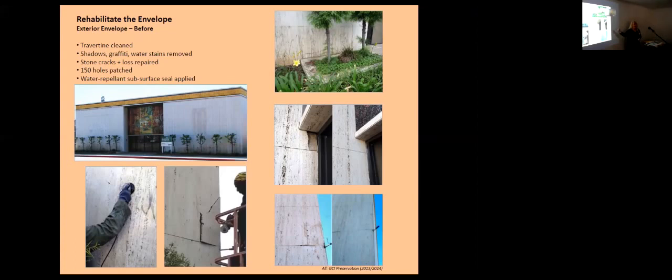And we had to take the graffiti off this building. It was so sad. I can't tell you. I'm amazed that the stained glass window was intact. Anyway, so we removed the graffiti, we cleaned it, and then we did through areas where we couldn't get through